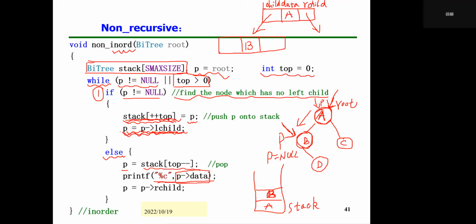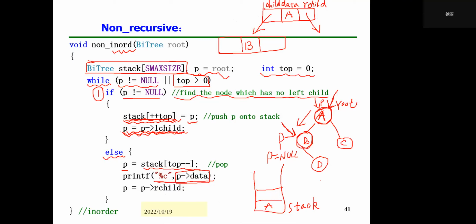I just write the data to show which node's address. But in fact, in this stack, we store the address of B node and the address of A node here. So when we pop B,